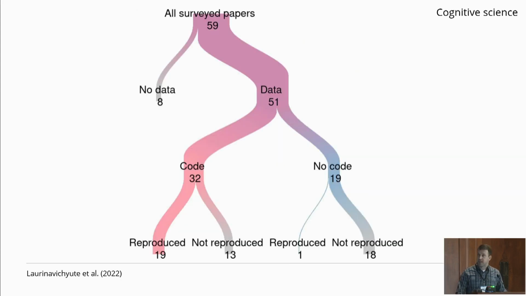And in cognitive science, this study examined the reproducibility of findings published in the Journal of Memory and Language under a brand new data sharing policy. So while the policy increased the data sharing, as you can see on the slide, reproducibility rates were lower than desired when code was shared, and even worse when code was not shared. This replicates what I just showed you in economics and adds that the situation is worse when data are shared alone.